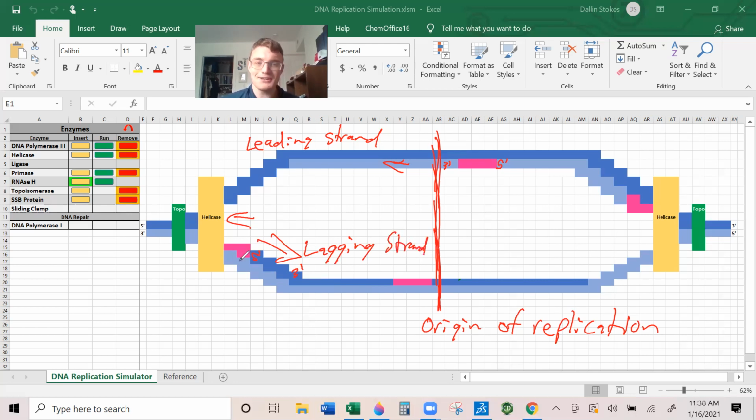because it's going to take a little bit longer because we have to build a lot of primers and build this thing in chunks as the strand gets exposed. So we will start right behind the helicase and travel to the back of the primer. And in the process of doing that, helicase has exposed more strand that we haven't gotten to yet. So we'll go back and build a new primer and so on, and we'll do that over and over again. So that's the lagging strand, the one where polymerase has to travel in the opposite direction of